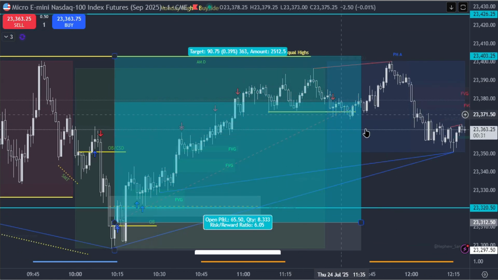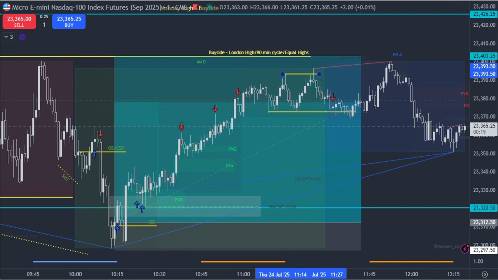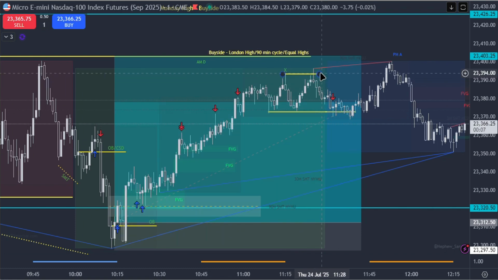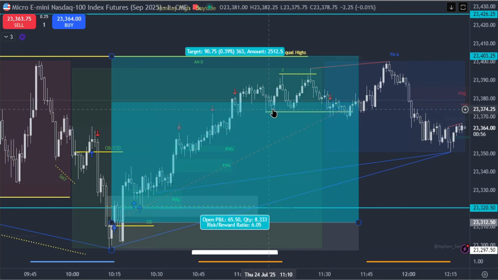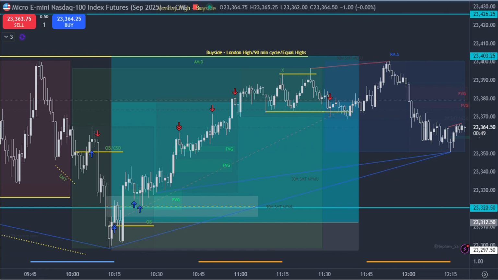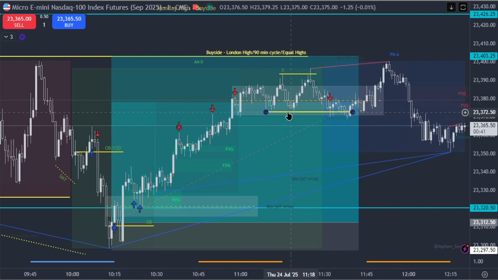And the reason why I moved it so aggressively is because we come and we sweep this up here. So as soon as I saw that, a lot of times when we come, we sweep this, we sweep the liquidity again. You'll see a retracement. So when I saw that we come up here and we swept it, I moved my stop loss right below these lows, and of course you see that it was just liquidity. These were equal lows. I got stopped out, but the way that I saw it is I saw all of this as an order block with a fair value gap. So I moved my stop loss right here below these lows. It came and stopped me out, and then